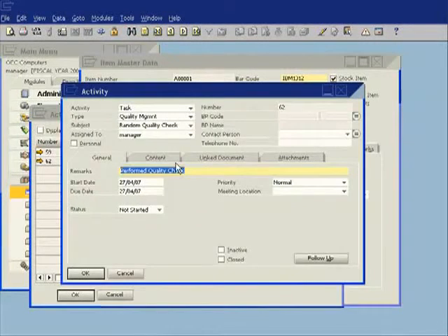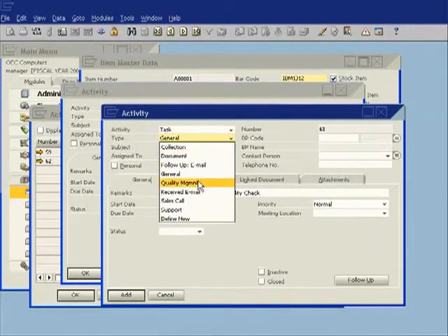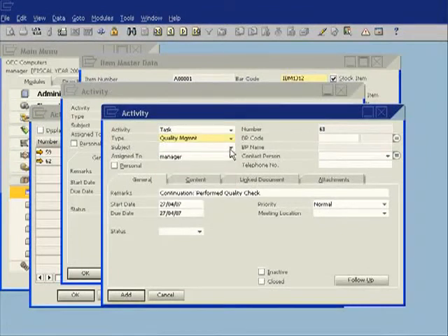Now, I also want to follow up and schedule a further quality check in another 30 days. So again, same functionality, which I'm already familiar with from the other areas, from the business partner area in Business One. I can choose a follow-up, and again, this will be a quality management check, and again, it's a random quality check, and I now want to do it a month from now. So I'll now schedule this on the 27th of the 5th,